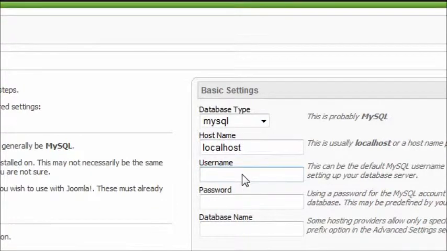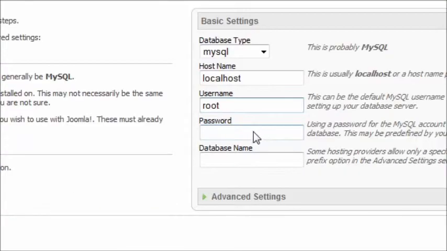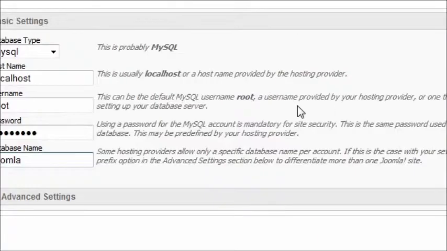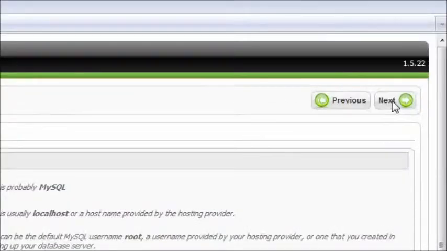The username, at least for myself, is root, because I'm creating another username. I'm still using the default username, and then you enter the password that you entered when you first installed and we did the security check with XAMPP for the MySQL. And the database name, we just created that, and it was called Joomla. We don't need to worry about the advanced settings, there's nothing there we need to use at this point. So if we just click next,